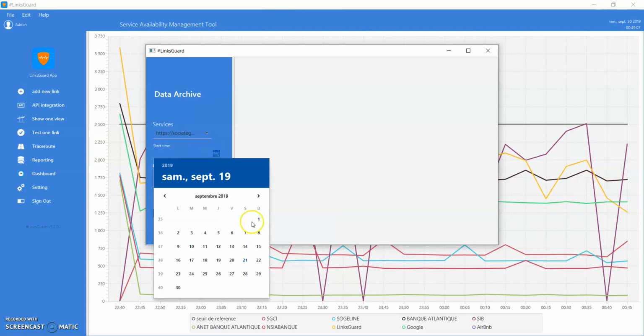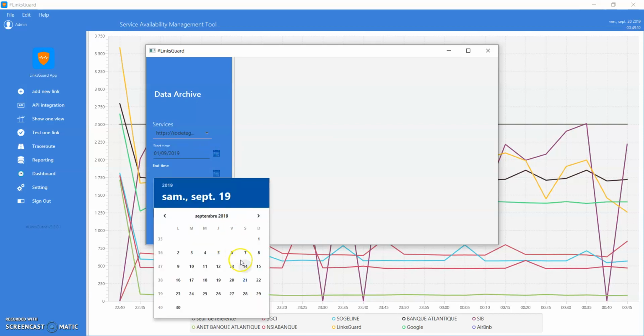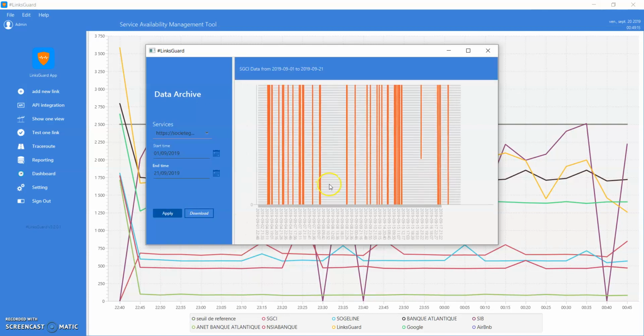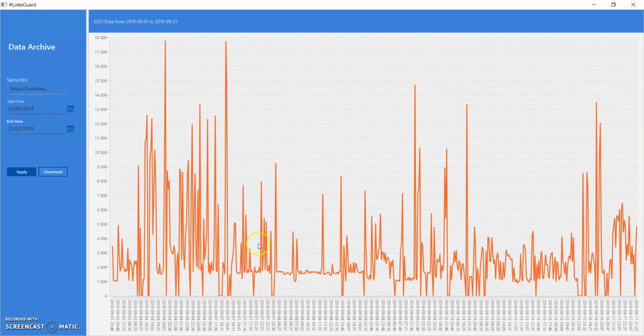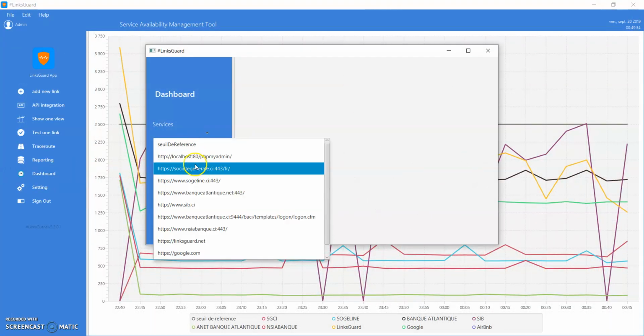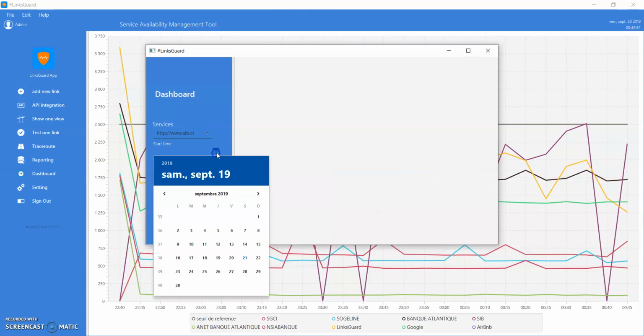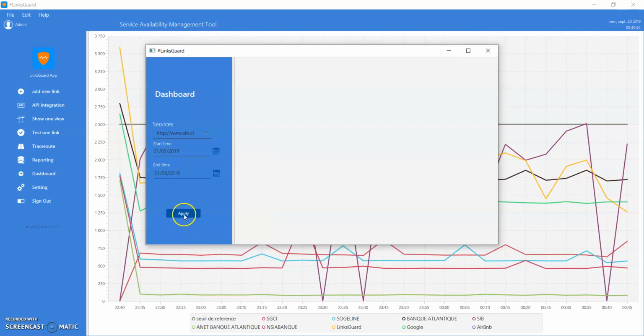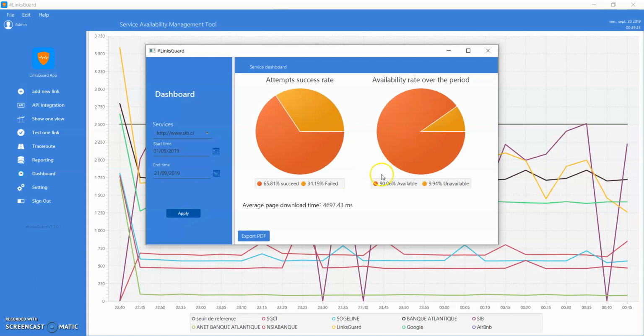I can select the period in which I want to see the behavior of the application, and I can download or extract the data in order to put it elsewhere. I can also see the dashboard, which shows the KPI of the application during a specific period that I choose.